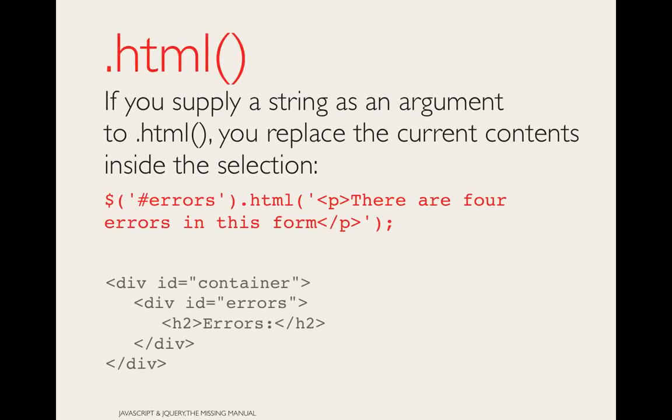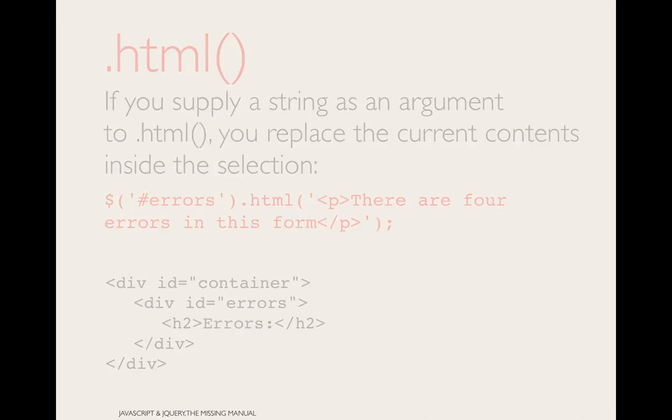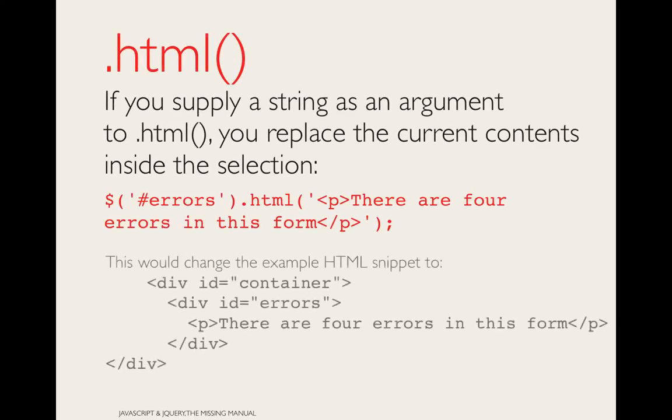Just like .html can return things, you can also set or replace the current contents inside the selection. All you have to do is put a parameter inside the parentheses for the html method. So again, say we're trying to build up an error message for a user. We have a couple of divs there and an H2 that's listing all our errors. So let's take that and say,